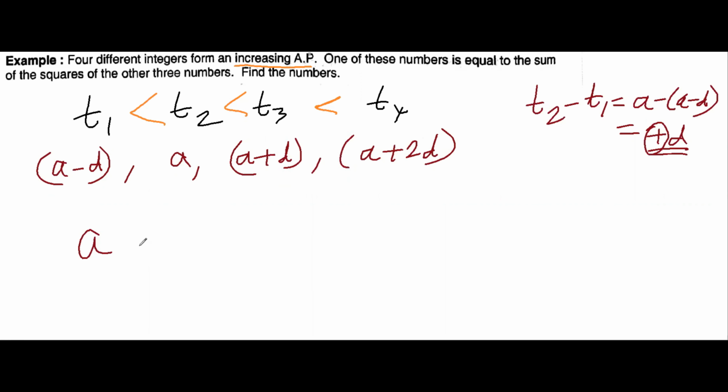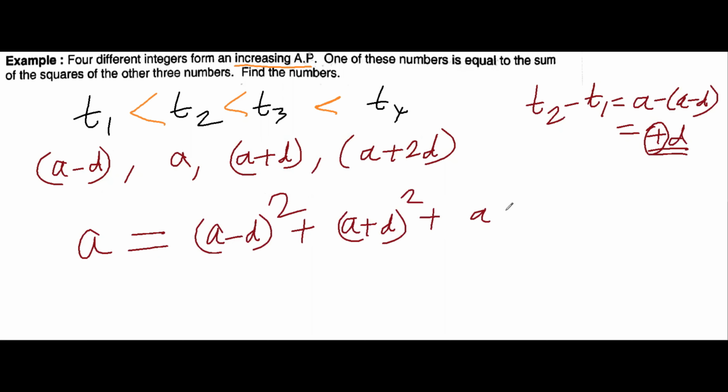समझो मैं A लेता हूं, ये A लिया। One of these numbers is A, इज इक्वल टू, का मतलब होता है ये साइन, to the sum of the squares of other three numbers, ये और ये हो गया, इनका सबका सम करना है स्क्वायर करने के बाद बाकी के बचे हुए का। ठीक है, तो यहां मैं देख रहा हूं एक चीज, क्या कि A स्क्वायर, ओके, (A−D) द होल स्क्वायर, (A+D) द होल स्क्वायर